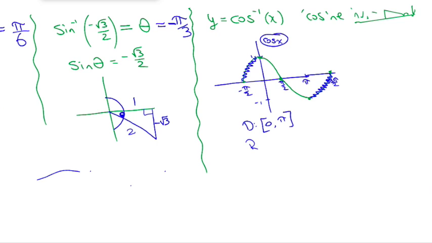The range would be, that's the easy one. And when we invert it, all we have to do is take the domain and range and flip it. So if we look at cosine inverse,